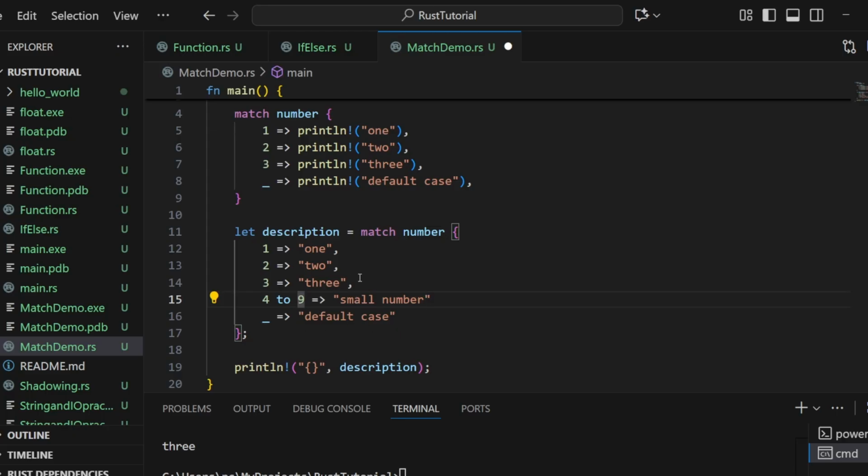So in that case, instead of specifying each of the conditions like we did here from 1 to 3, we specify here a range based condition. So for all the numbers in the range of 4 to 9, this small number expression will be returned here,